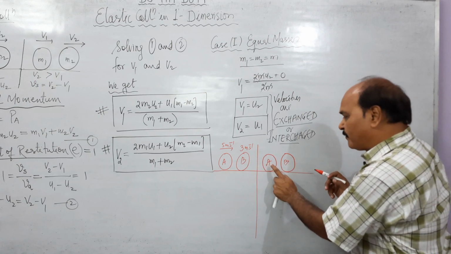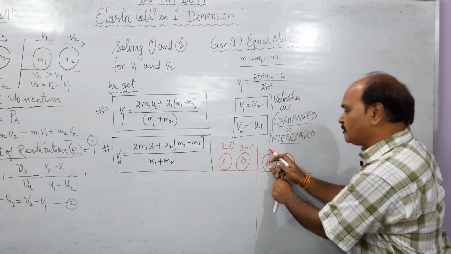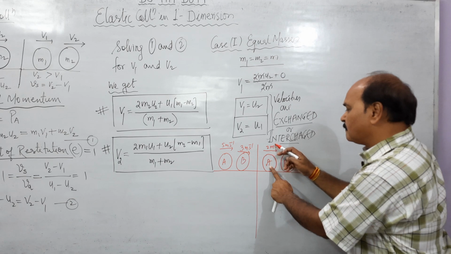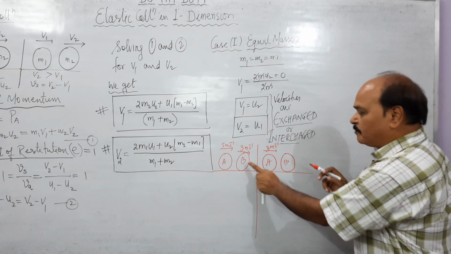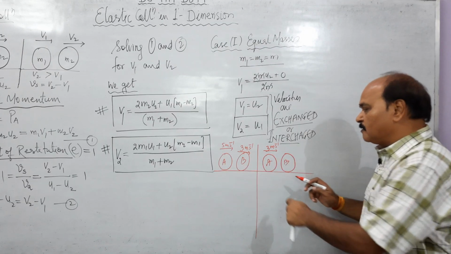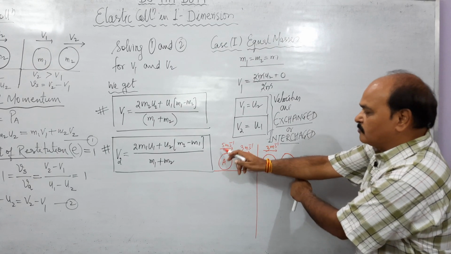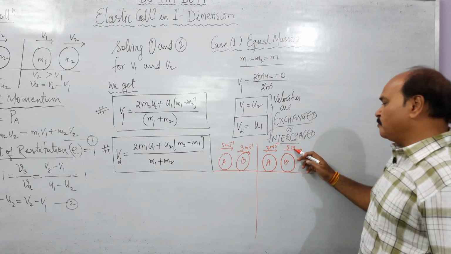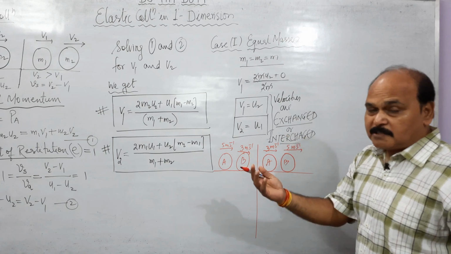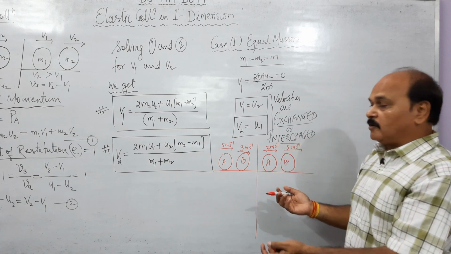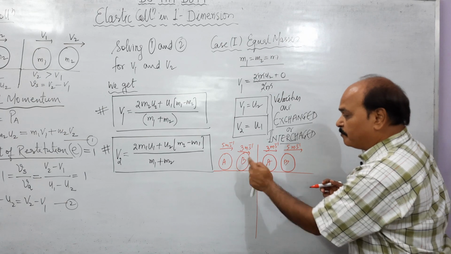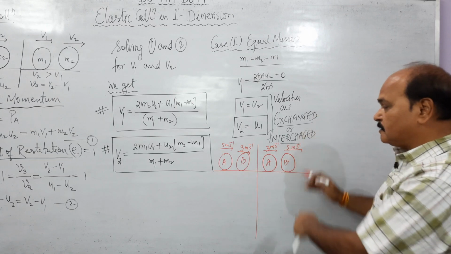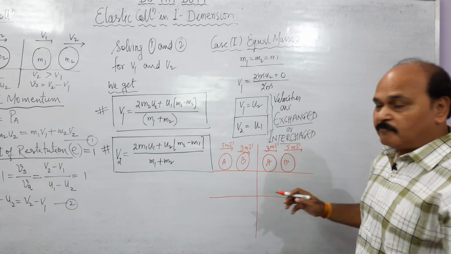So what is velocity of A? Velocity of A is going to be the velocity of V, and what is that? That is 3 meter per second towards right. And what is velocity of B? Final velocity of B is going to be initial velocity of A, and that is 5 meter per second. So the two equal masses, if they collide elastically, they interchange their velocity. A acquires the velocity of B and B acquires the velocity of A after collision. This is the state of affairs before and this is the state of affairs after. Let us see it by one more example.